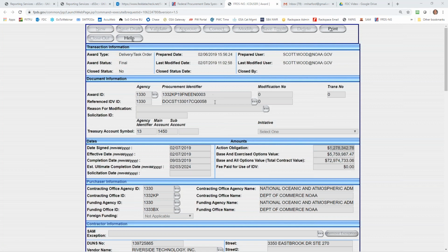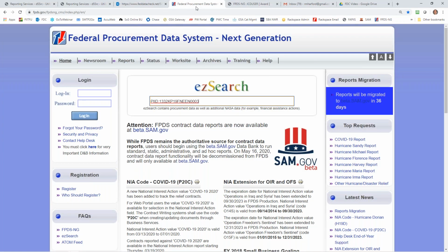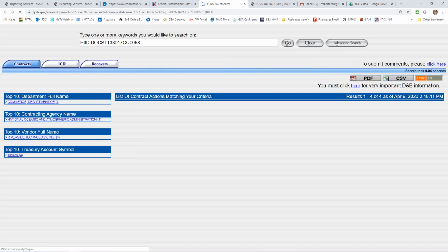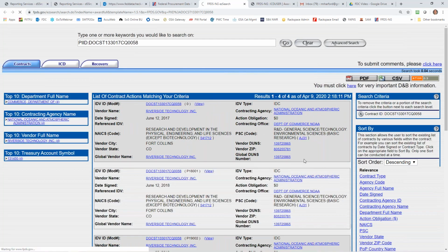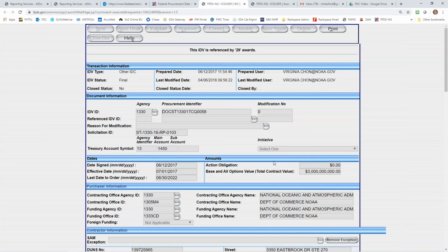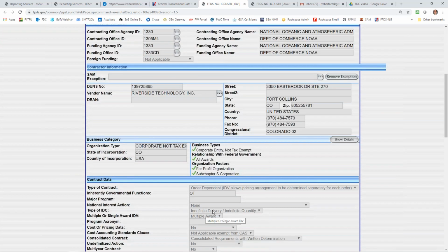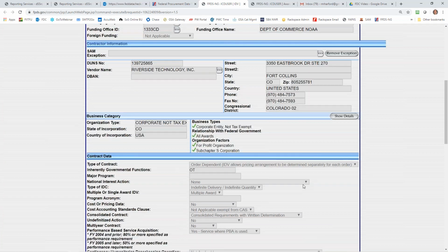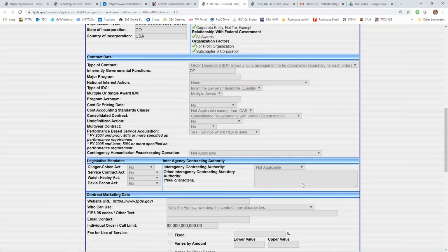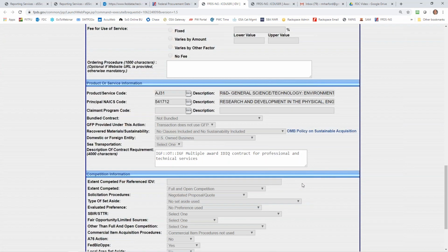ProTech satellite. Why? Because this IDV is an indefinite delivery vehicle of the type indefinite delivery contract. The IDC type is indefinite delivery, indefinite quantity. There are three types of IDCs in FPDS-NG. How do I know it's a part of the satellite program?